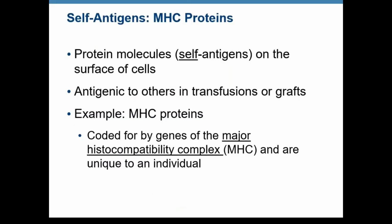Okay, self-antigens. This is your major histocompatibility complex. When they say they got to look for a tissue match, that's what they're talking about. If you don't have the same major histocompatibility complex on the surface of the cells, that transplant is...